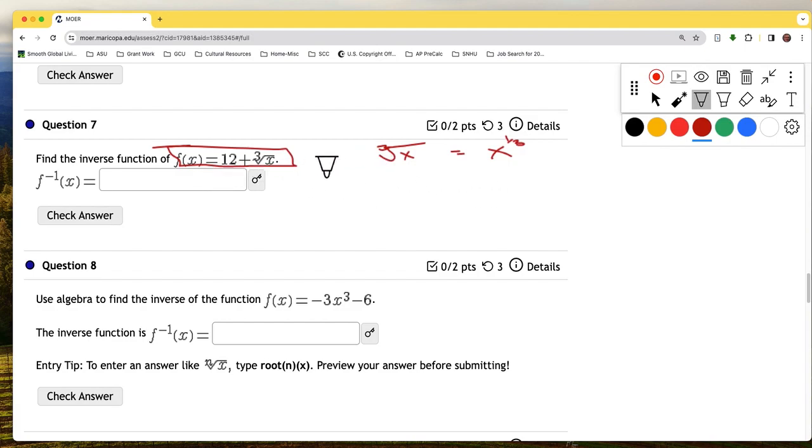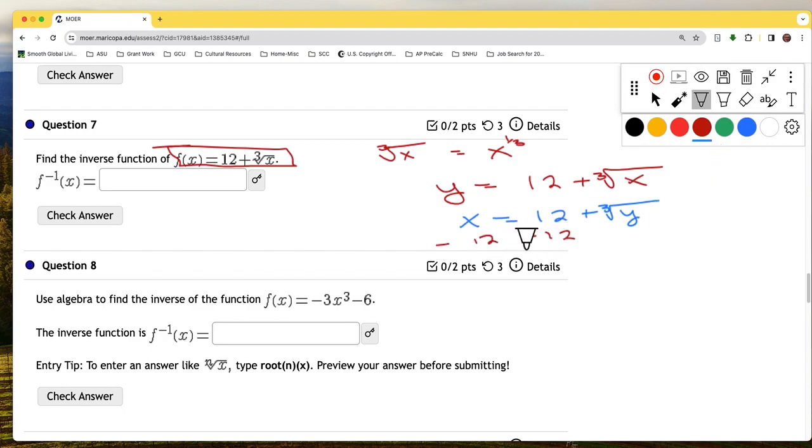So let's go ahead and set this up. We start with y equals 12 plus the cube root of x. First step, change the x and y, so y becomes x, x becomes y. Now we want to solve for y, so we isolate the cube root of y by subtracting 12 from both sides. This is x minus 12